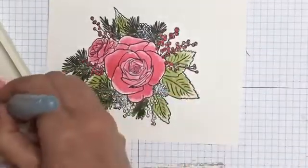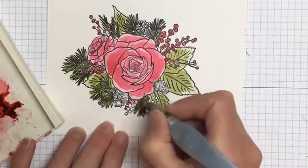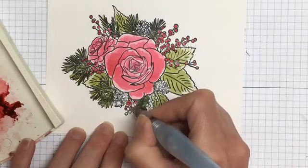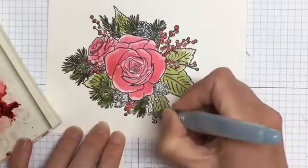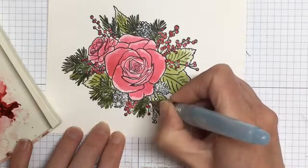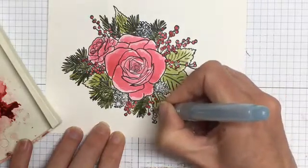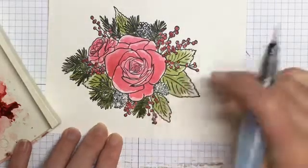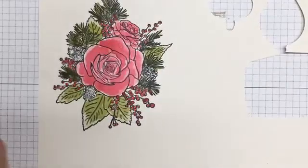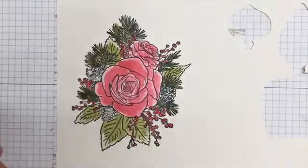I thought, oh, I would like to have some gold berries. So I've got a gold Sharpie, and so I painted the gold Sharpie onto the berries, but the gold Sharpie's not, oh, if you've got a gold Wink of Stella, that would have been perfect, because the gold Sharpie is like a real dull gold. It wasn't very pretty. And then of course I tried to go over the top of it with cherry cobbler, and the ink didn't want to take. But if you've got one of the gold Wink of Stellas that Stampin' Up did have, that would look so pretty. Okay, and then the last colour is I have to do my